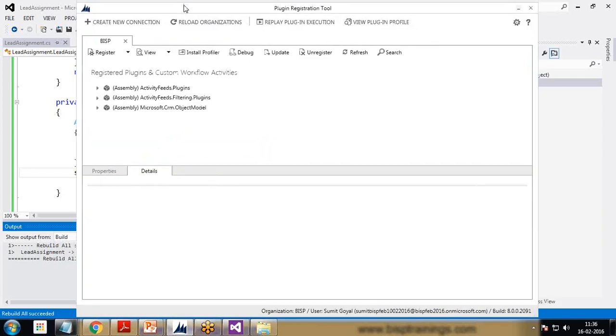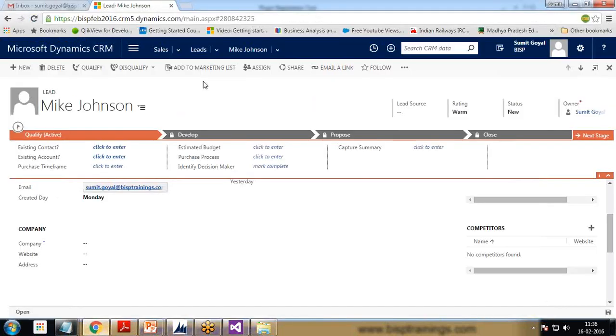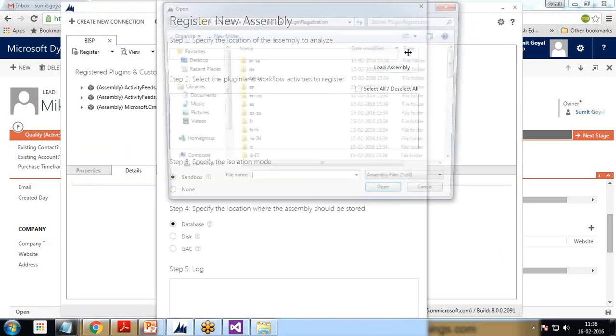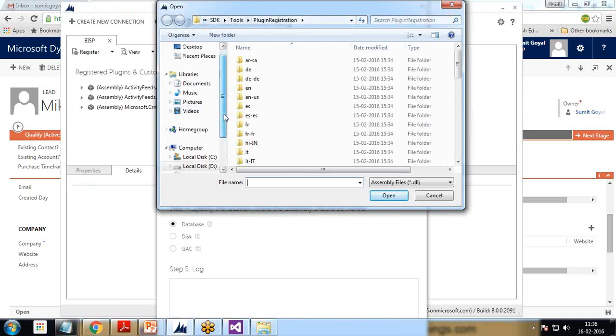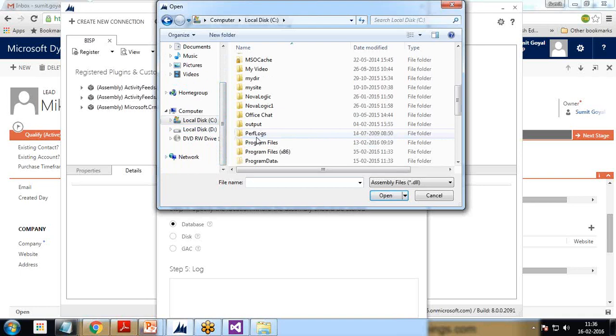I have already logged in to my plugin registration tool, and now we are going to see how to add a step, or how to register the custom workflow activity by using this plugin registration tool to the current application. So click on register new assembly, look for the DLL file,